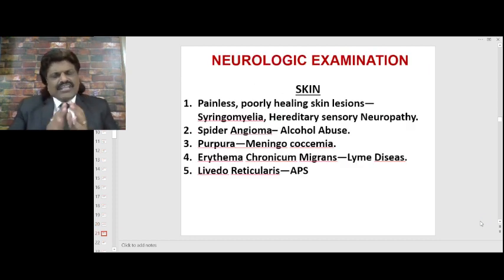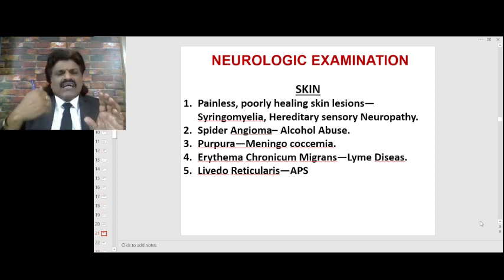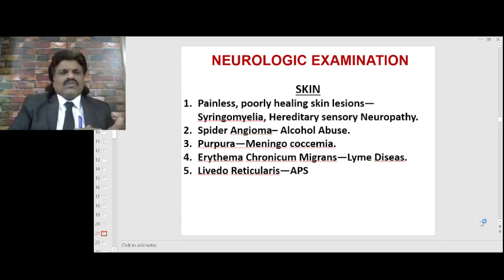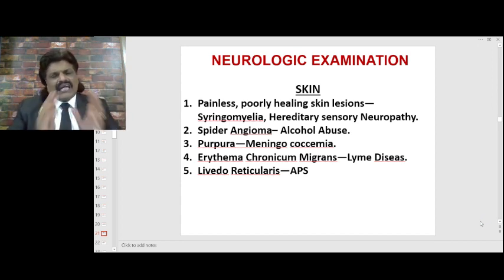Skin is very, very important when we examine a neurologically disordered patient. When we do a neurologic evaluation, examination of skin is very important because skin and nervous system both originate from the ectoderm, and therefore when there are nervous system abnormalities, there could be abnormalities on the skin also. So just by looking at the skin and neurocutaneous markers, we will be able to diagnose a lot of neurological